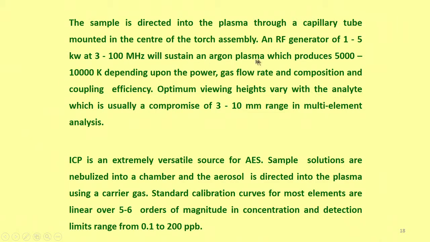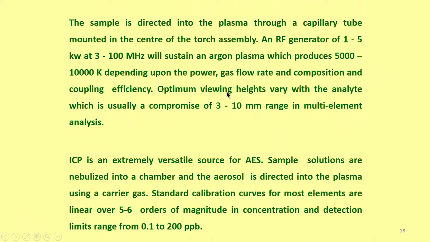Okay. So, you need 3 to 100 megahertz to sustain the argon plasma that produces 5 to 10,000 degree Kelvin, depending upon the input power. What is the power? 5 to 30 amperes, and then gas flow rate about 70 liters per minute, and composition very well known, argon gas 99.99% pure is sufficient, and it has to be coupled to the RF generator. If you start passing argon and start working, it is coupled already. There is nothing very special about it.